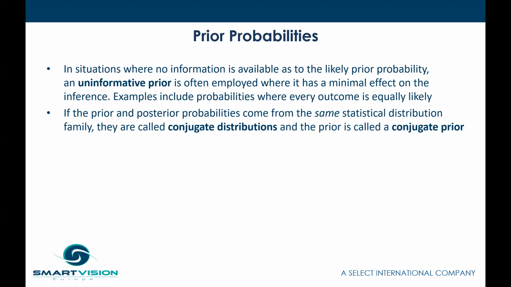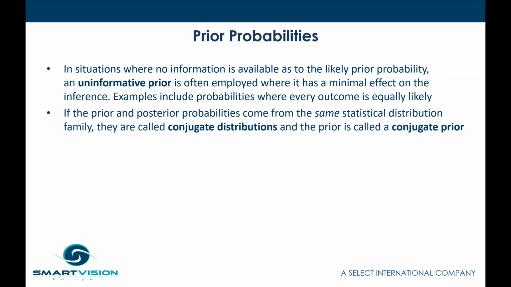If the prior and the posterior probabilities come from the same statistical distribution, they're called conjugate distributions, and the prior is called the conjugate prior. This is, again, I'm just pointing this out for terminology reasons. You may hear people talk about conjugate distributions. So it is